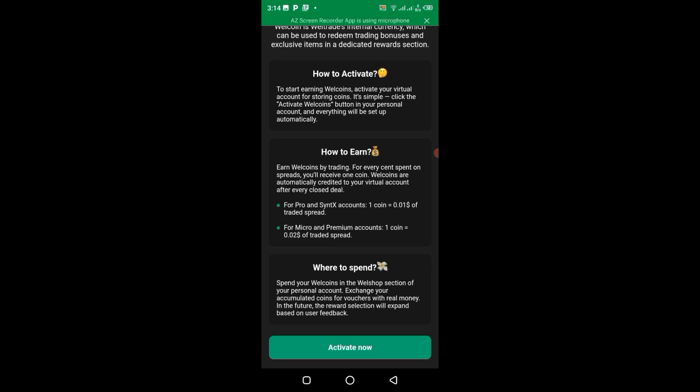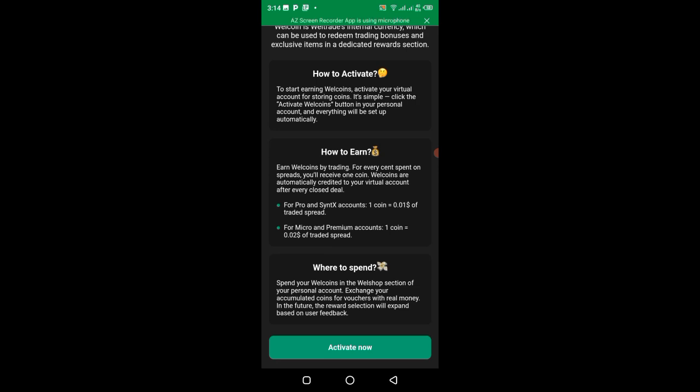That is what Weltrade Broker is giving to you as a trader, and me, Henry, also as a trader. Remember, you are with E-marketTubeFX and you are with your trader, Henry. Let's quickly go through the last section, then we can activate our Weltrade Welcoin in our Weltrade